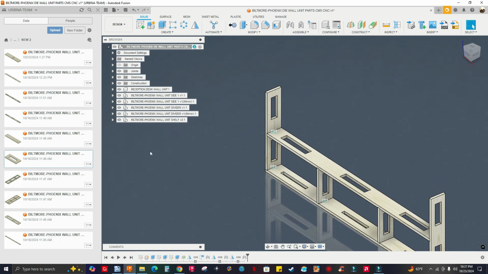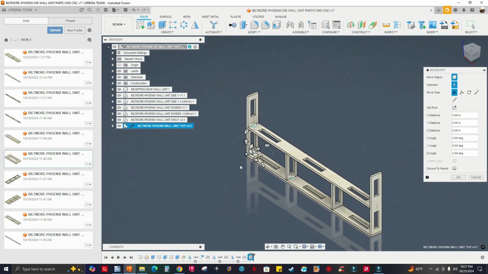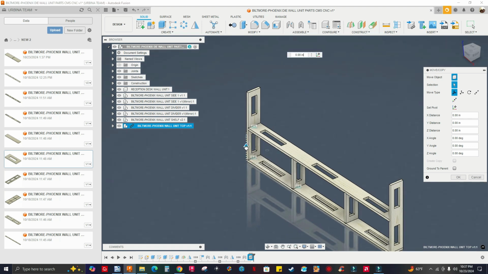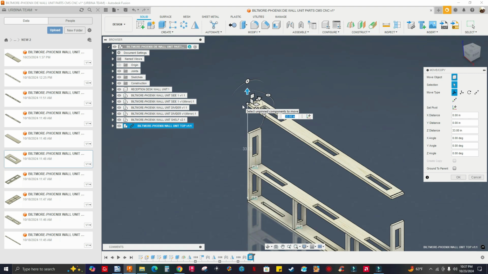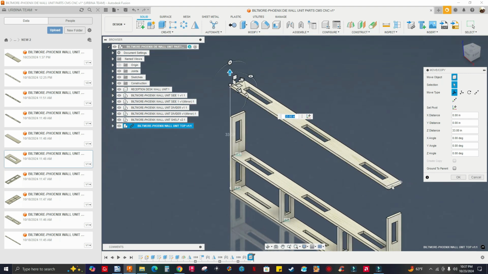I'm gonna bring in the top panel, and I think it's this one right here as the bottom. So it's the one below it. Yep. Top. Drag and drop. All right. You're gonna do the same thing like you did before. Just gotta rotate the model. So just drag it up and rotate 180 degrees, right? Because you see the grooves are facing up. I want this to face down before